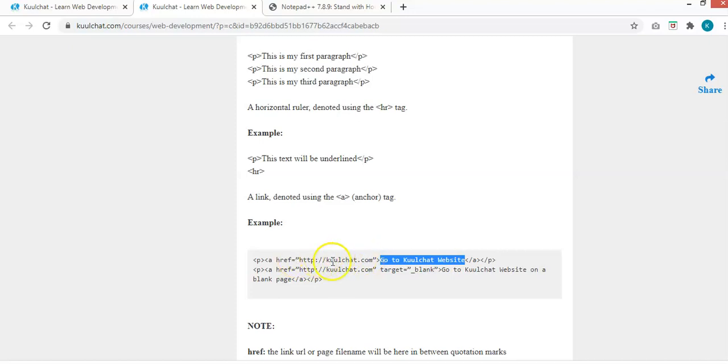Okay. So this one, if you have it and somebody clicks on it, it will take the person to this website. Now, if you want the person to remain on your website and go to the link you provide, then you also use this attribute called target. So in the target, you indicate it to be underscore blank. So this one will make it that when the person clicks on the link, it will still remain on your website, but you open a new tab for that new page. Okay, so let's copy this one,